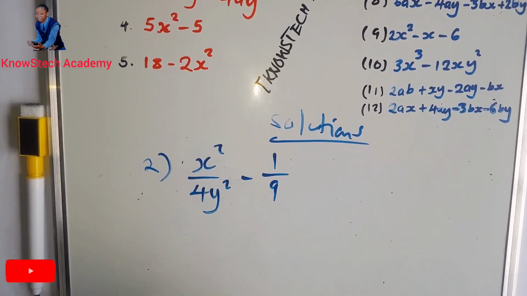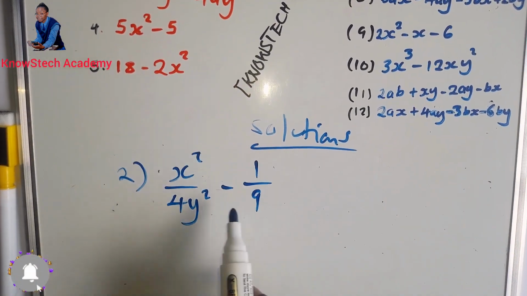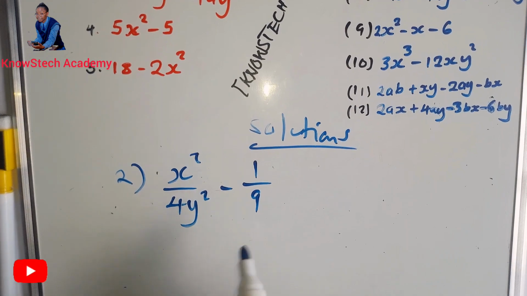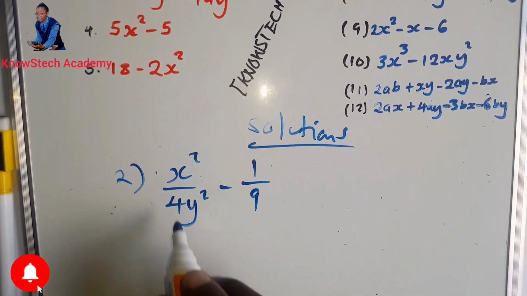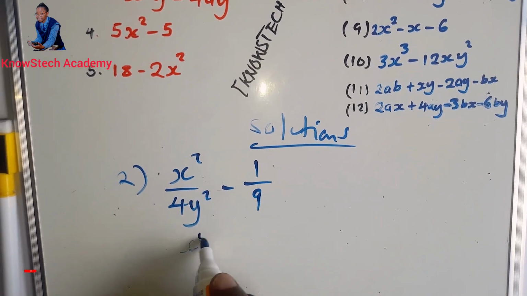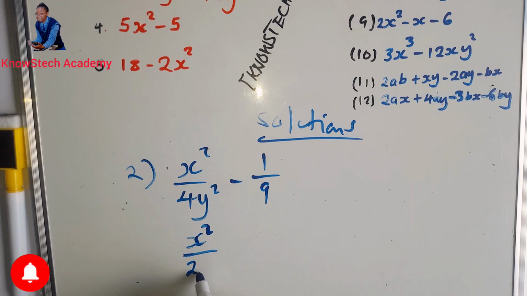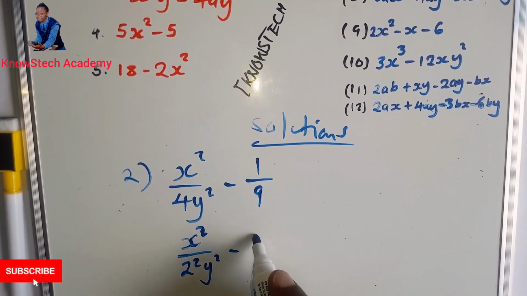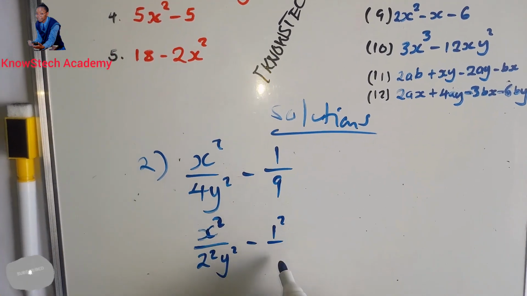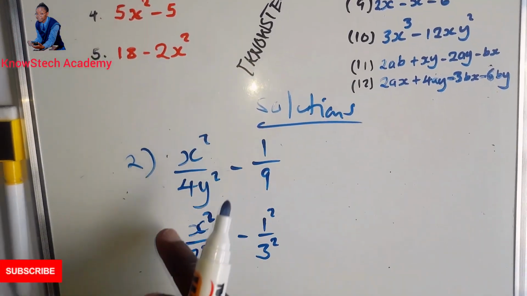Factorizing by difference of two squares, it means that each term in here should be raised to a certain power or reduced to a certain power. So this one is x squared. Then 4 can be written as 2 squared. Y is already y squared. 1 is the same as 1 squared. 9 can be written as 3 squared. So everything in here